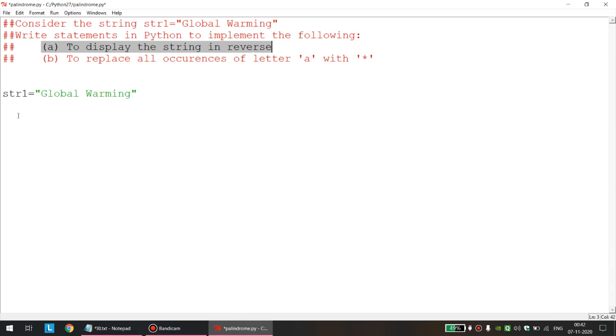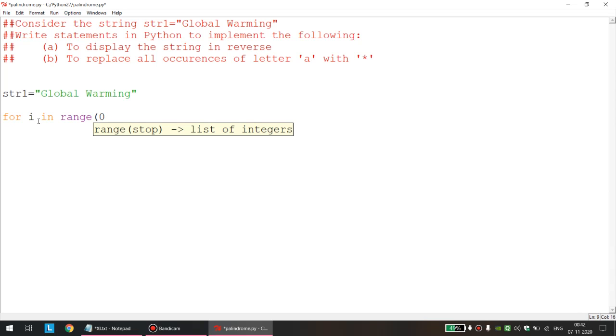If you refer to the live class on Saturday, you must know how to print the reverse of a string. Still, I will give you one demo first. First I will print this string in straightforward order: for I in range, 0 comma length of string.